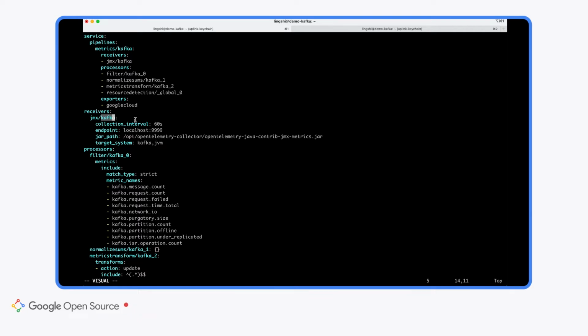And it also lets you specify how frequently you want the metrics to be scraped here. We set it up to be 1 minute. Basically every minute it will scrape the application. Then for the target system, we want both the generic JVM metrics and also Kafka-specific metrics.